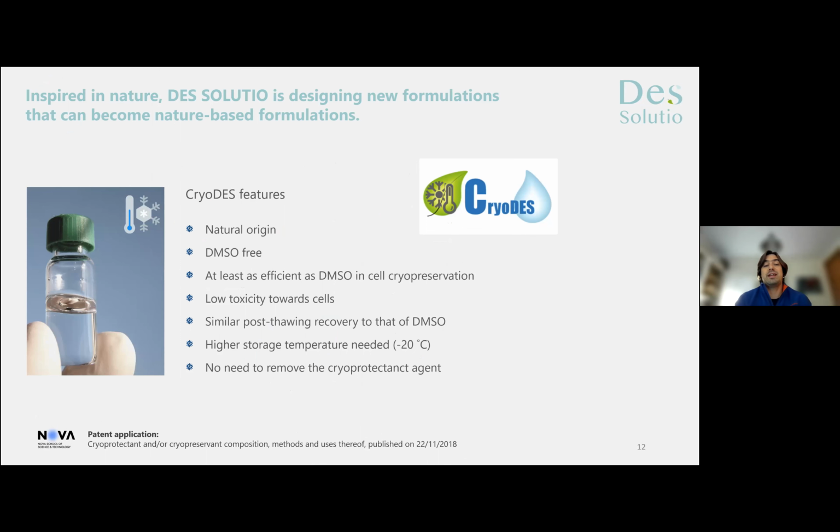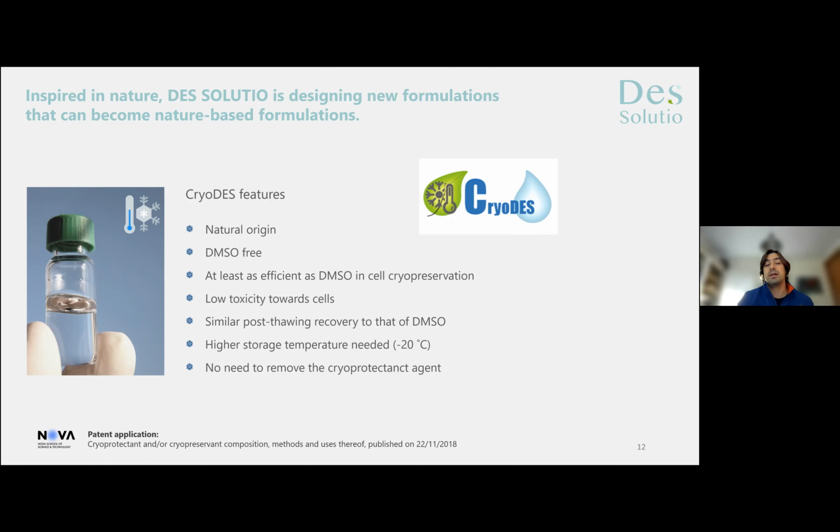Normally, for cryopreservation of cells, what is used is DMSO, the golden solvent, which, although it has a very high efficiency, is toxic for cells, so it has to be removed before the cells are injected into the patients. We are talking about, for example, cell therapy. Cell therapy is considered almost the future of medicine because of the therapeutics for chronic diseases, where you have these stem cells that must be stored somehow before being injected into the patient.